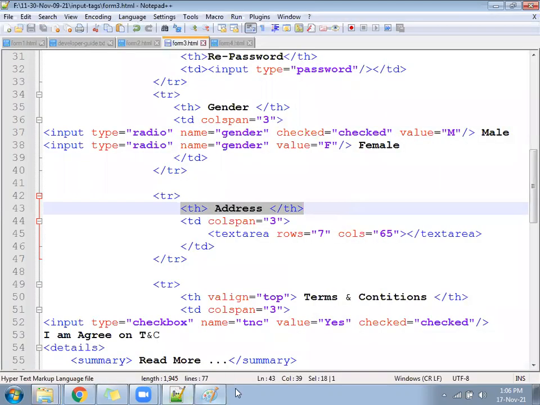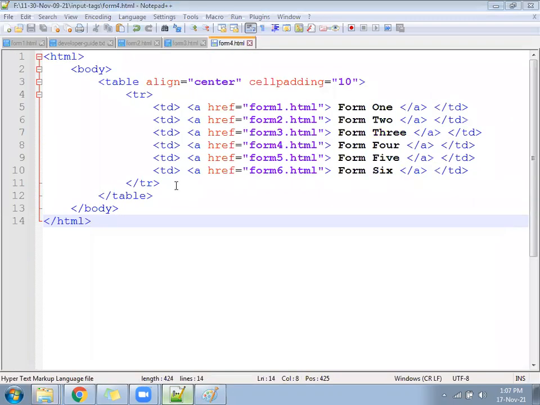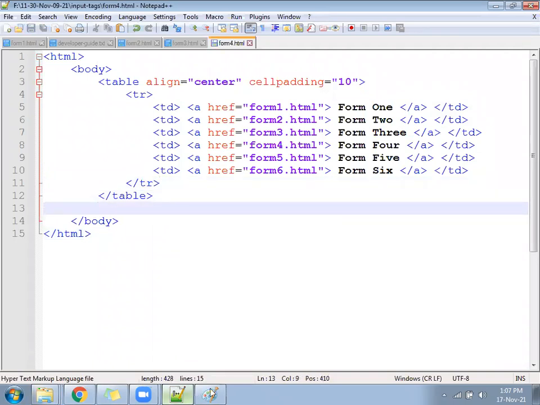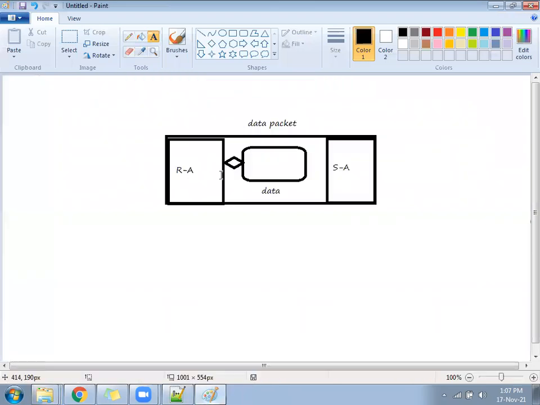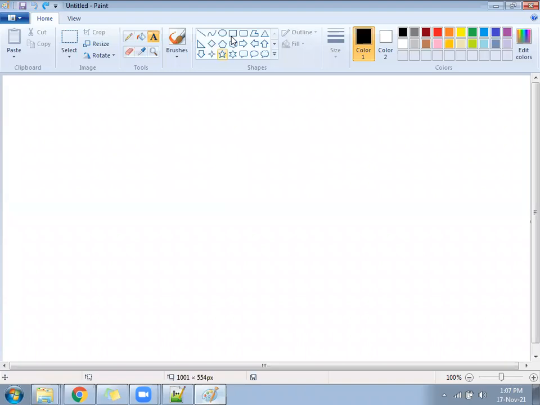If anything is wrong, please replace. Come to form 4 again. Inside form 4, we will design something like this. You will be guided with the number of TR, TH and TD.